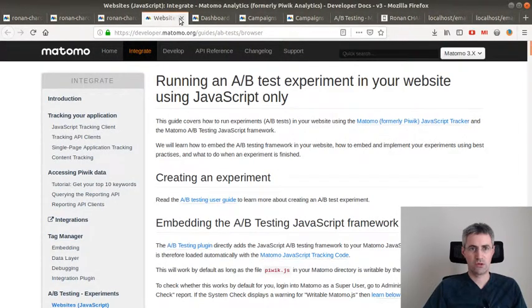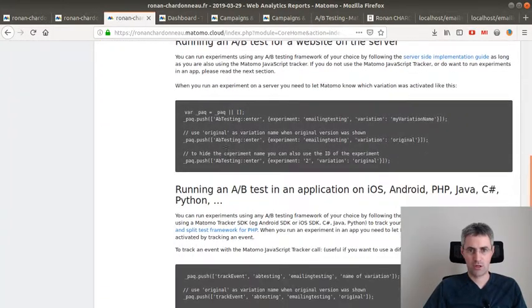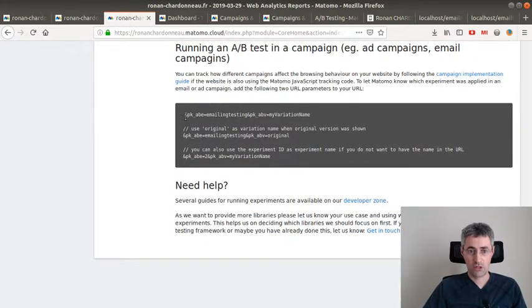In my case, that's going to be an email marketing. So the tracking code that we are interested in is the following one, which is the different parameters that you're going to append to your URL. You need to append one parameter which corresponds to the test that you're going to make, and then the parameters just afterward are the different variations that you would like to apply.